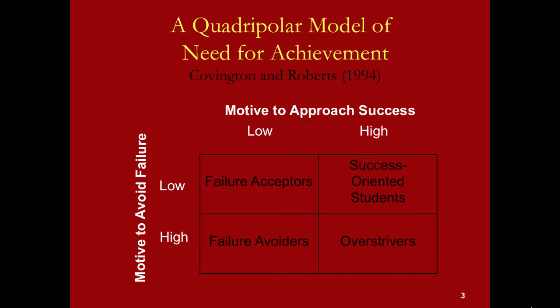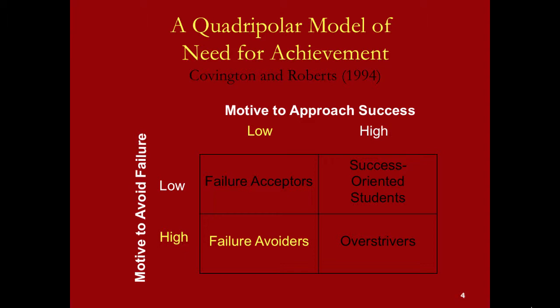Let's take a look at specifically the success-oriented students and the failure avoiders to see what these three indices would look like for each. First, we're going to look at the failure avoiders, and just to recap from last week, someone who tends to be a failure avoider tends to have a very low motivation to approach success, but a very high motivation to avoid failure. So they're not necessarily going to engage very deeply in their tasks, but they are going to try to accomplish something at a minimal effort, so they avoid looking like a complete failure.